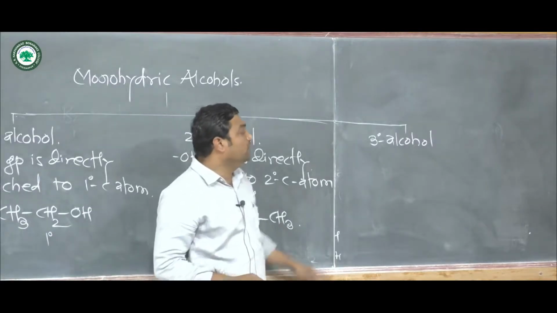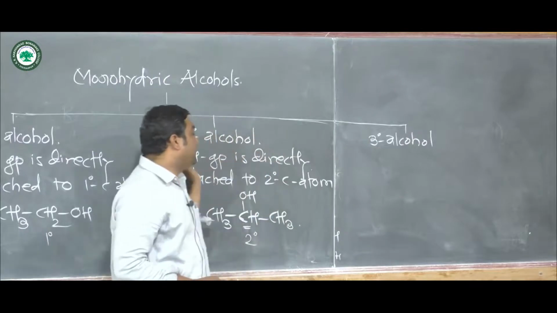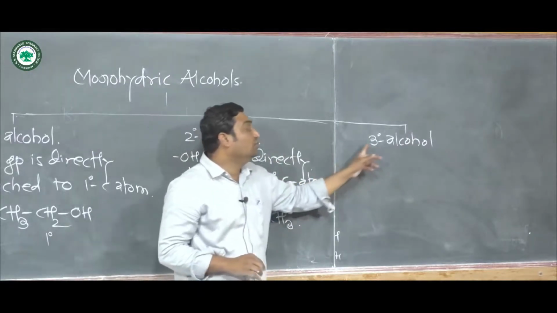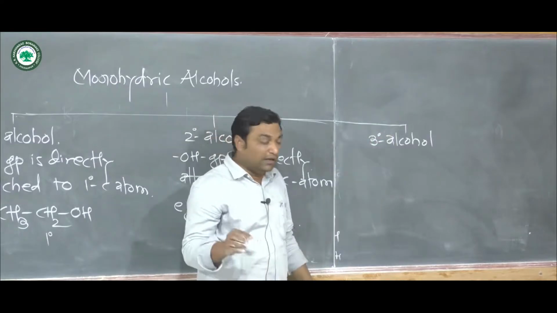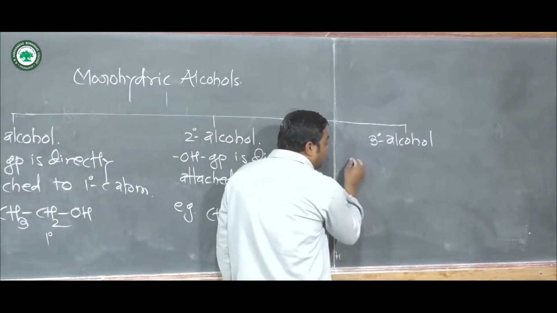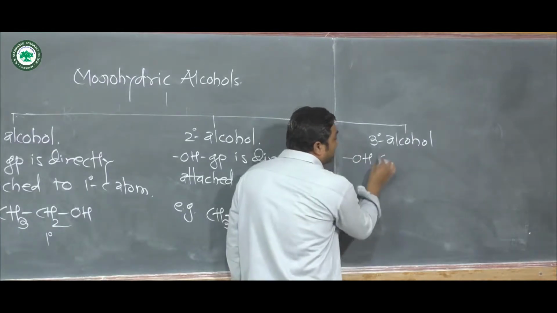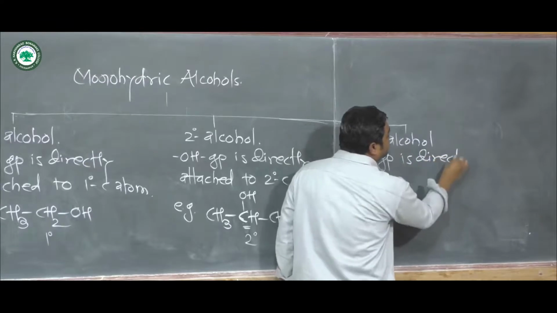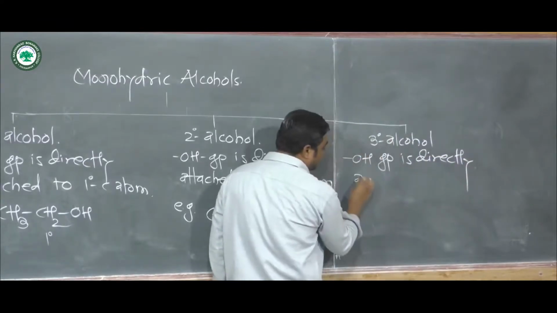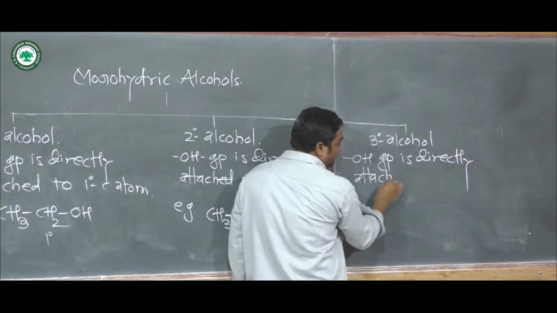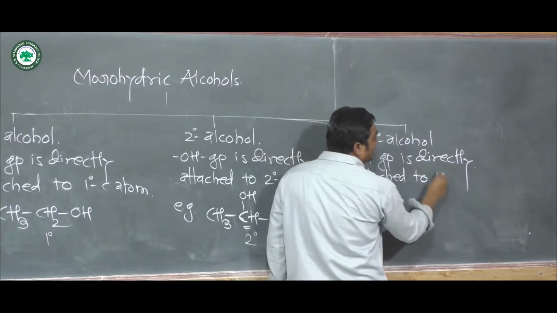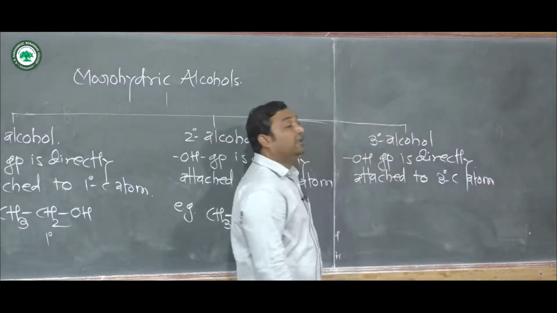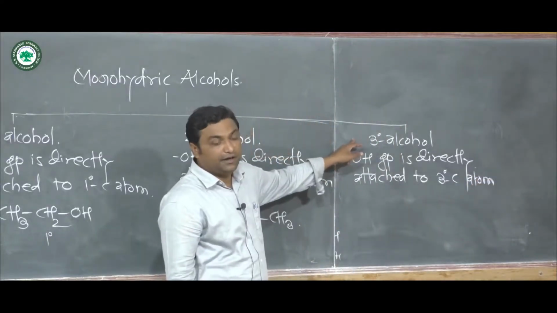We have to replace only primary and secondary carbon atom with tertiary carbon atom to define this tertiary alcohol. Now, if OH group is directly attached to tertiary carbon atom,